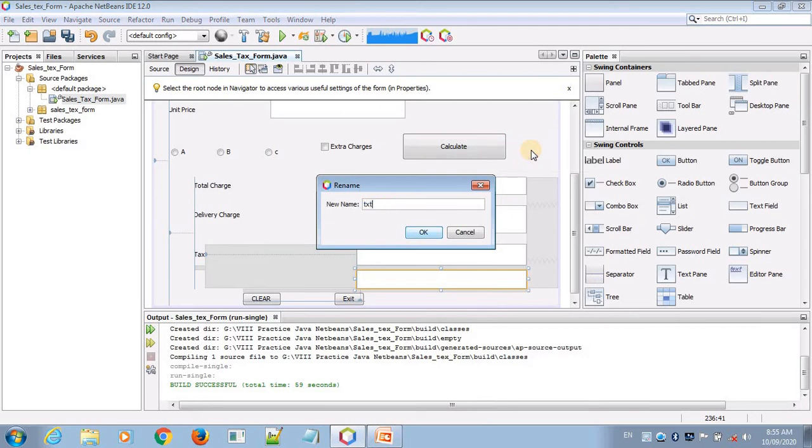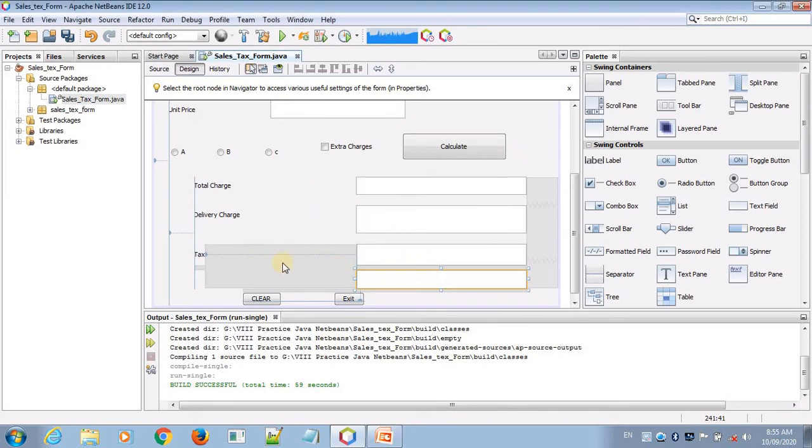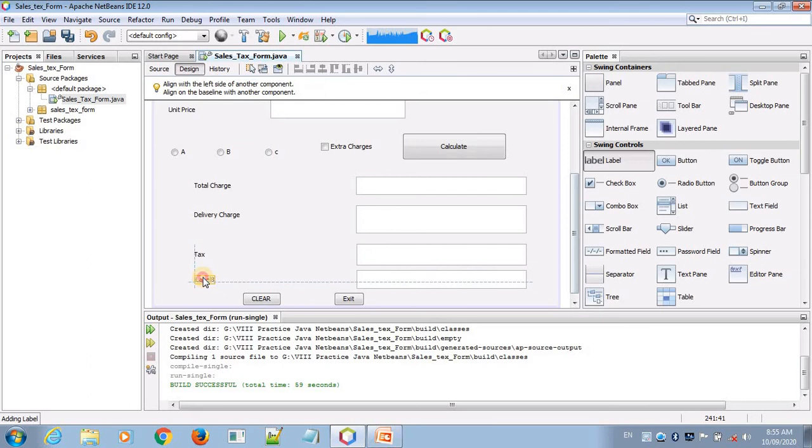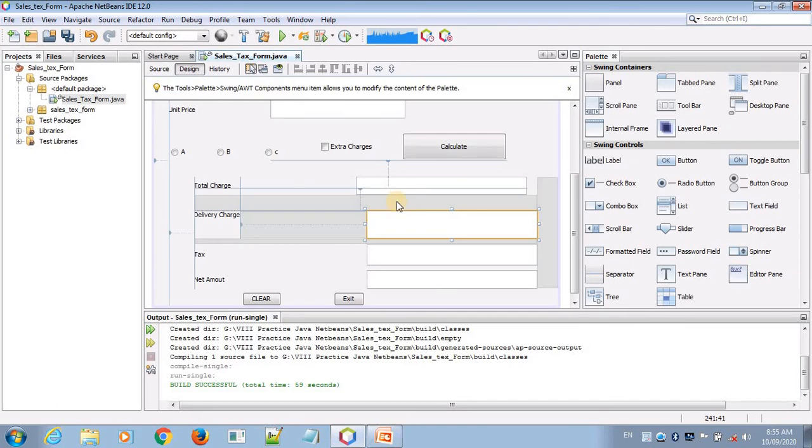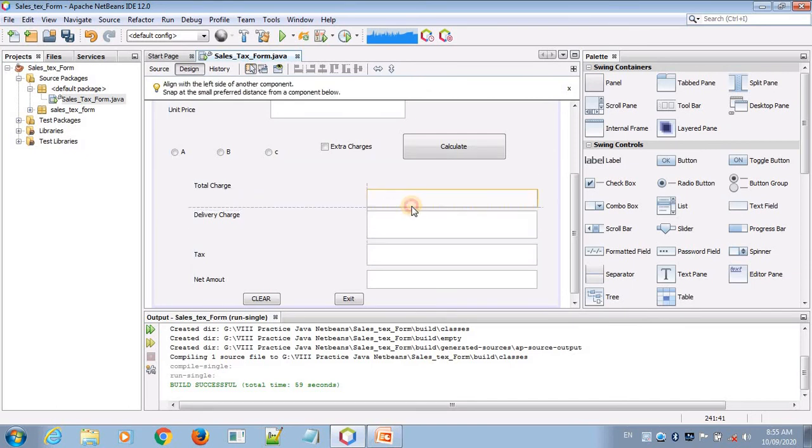So write here text field for net amount. Okay, we need another label, so we write here edit text net amount. Okay, so this is our complete code.